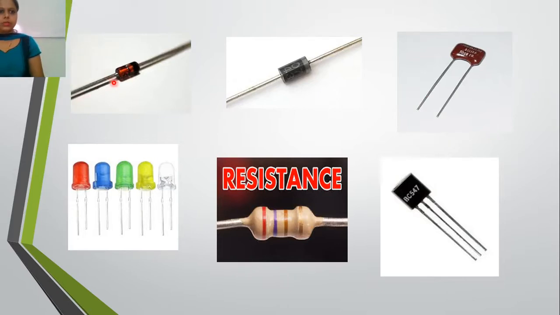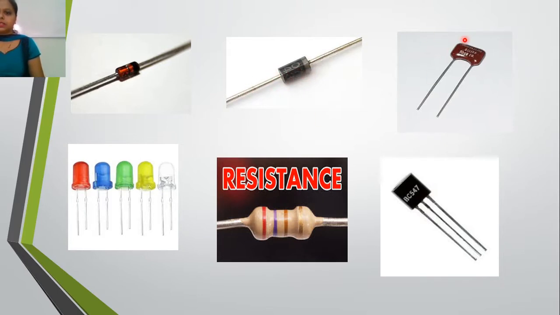So this is the Zener diode. As you can see, there is a black belt over here and this is the orange. It means it is the anode and it is the cathode. This is the PN junction diode. This terminal will be the negative terminal and this terminal will be the positive terminal.